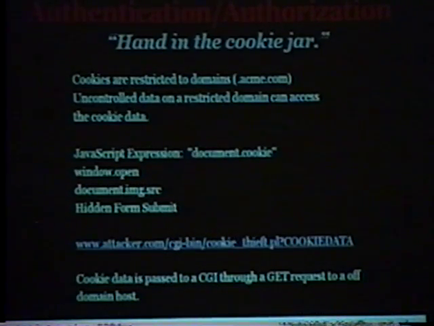And all you have to do is set up another GET request via a few methods to pass the information off. Now, this is not restricted to cookies. This is anything that you could set a variable to in any scripting language. You can move huge amounts of information off the user's machine about system types, internal files, anything you want, anything you're able to get access to through a browser bug, you can pass it directly off transparently right through a GET request. You open a new window, change the source of an image, you hit a form submit, that auto executes, and you just pass the data, I have it here, cookie data, to a CGI that you control.